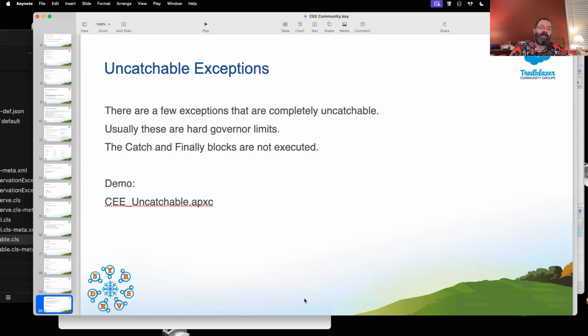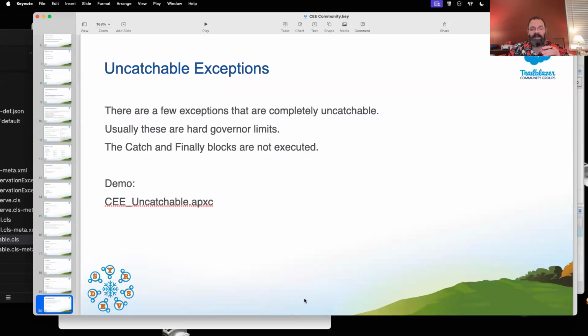If you have an outside system calling into Salesforce, so like certain integrations, they may be able to capture those and at least bubble those up somewhere or handle it. So like an outside system calling into Salesforce, maybe then they could handle some of those uncatchables. On platform, I'm not too sure.